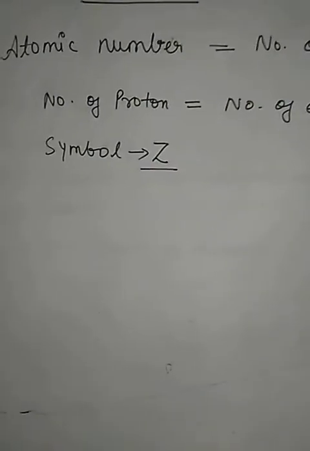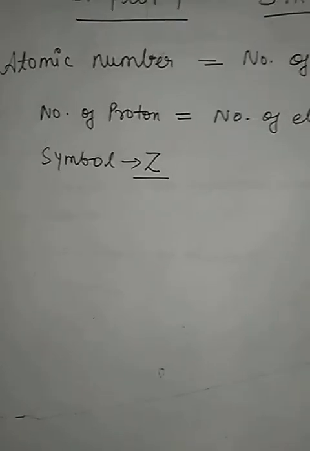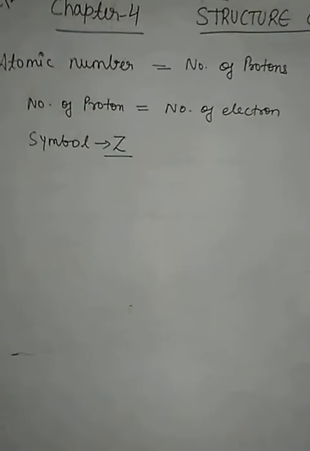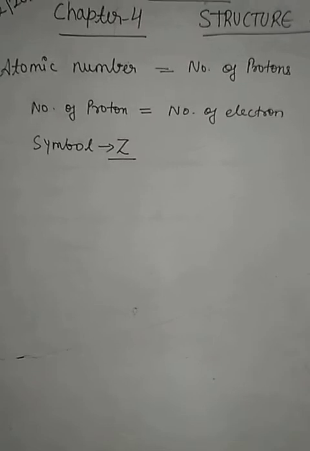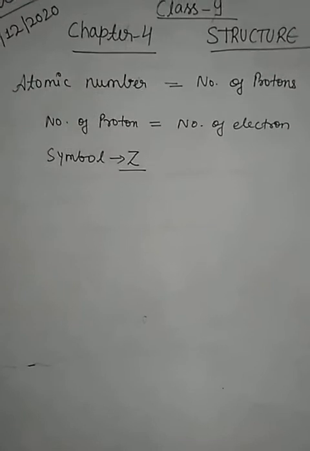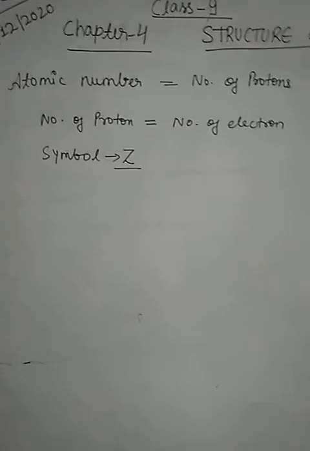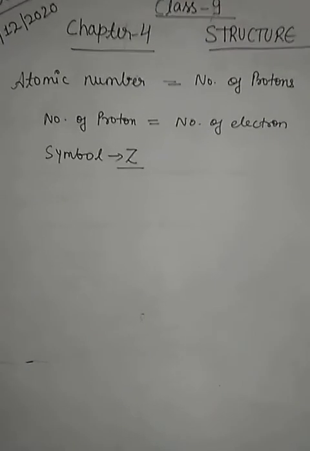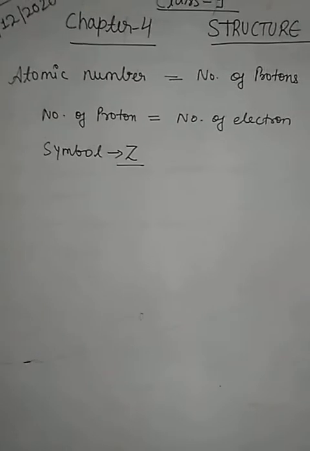In a normal atom, meaning a neutral atom, the number of protons is equal to the number of electrons. And because the number of protons is equal to the number of electrons, the atom is electrically neutral. So you can say that the atomic number is also equal to the number of electrons. But this condition is only for the neutral atom, not for the ions, because in ions the number of electrons is different from the number of protons, as the atom loses or gains electrons in its shells, and that is why the number of electrons varies in comparison to the number of protons.